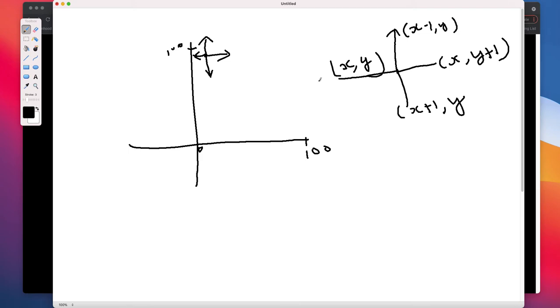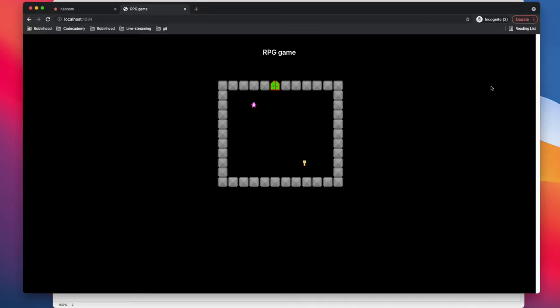Similarly here we'll have x comma y minus 1. So this is gonna be our four directions, the way we can map the four directions from x comma y, and we are gonna do that in the code as well.